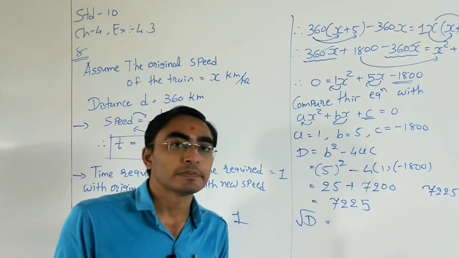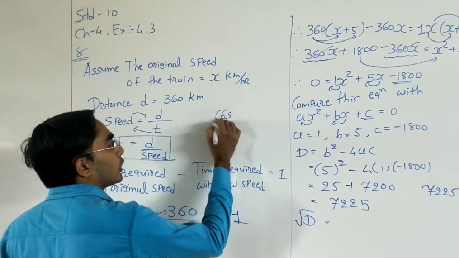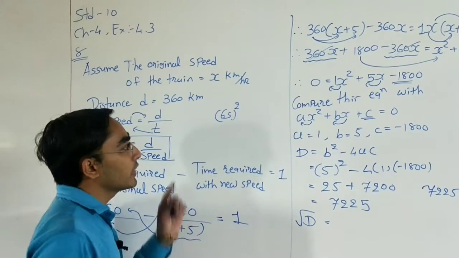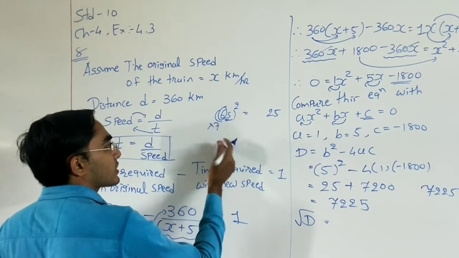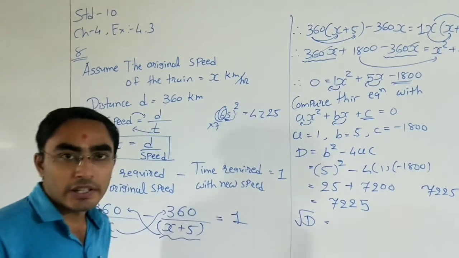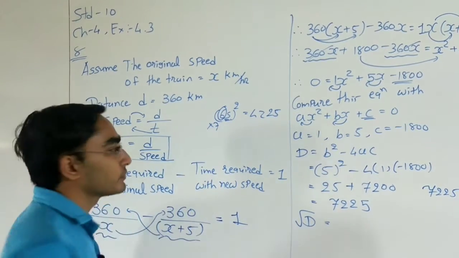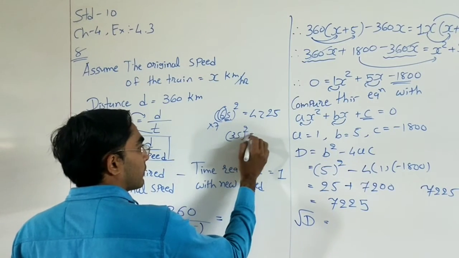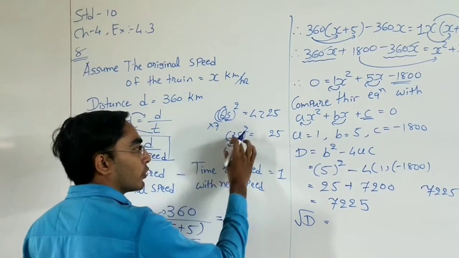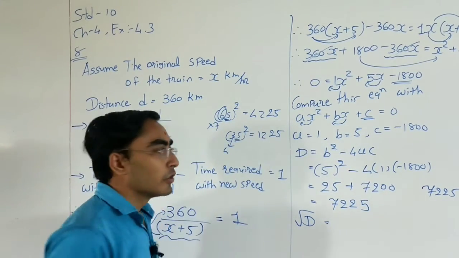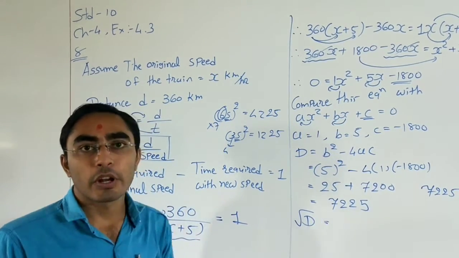We learn one method for the squares, right? That means if we have 65 all square, then what we are doing here? Directly 5 square 25, and this 6 multiply with the next number, 7. 7 6s are 42, right? We are doing the square like this. If we have unit digit 5, if we have here 35 all square, then 5 square 25 and 3 multiply with the next number 4. 4 3s are 12.